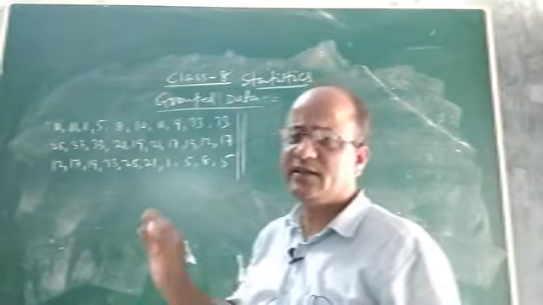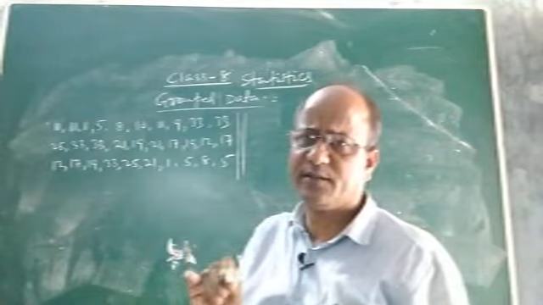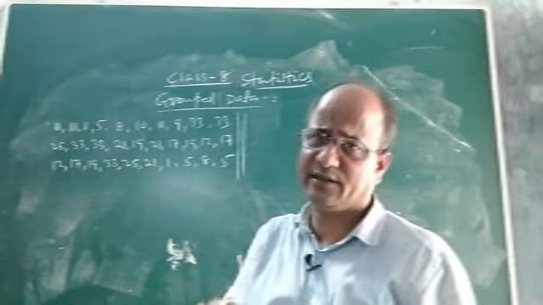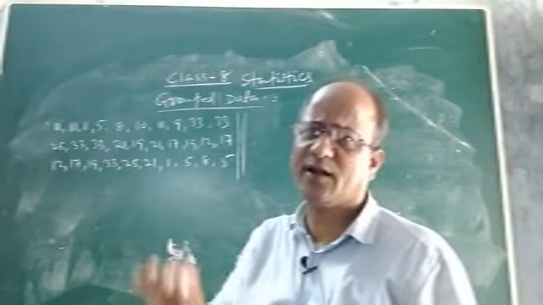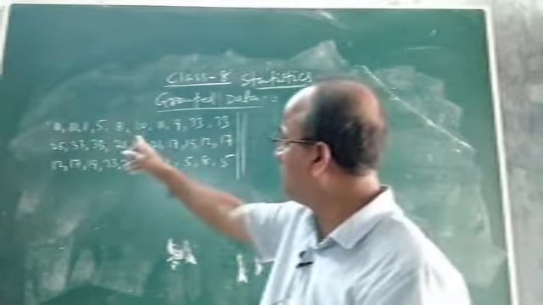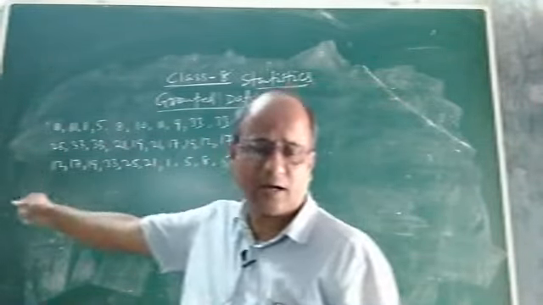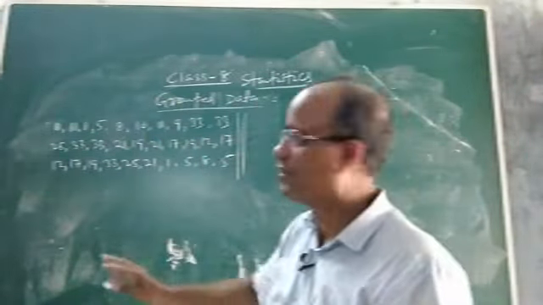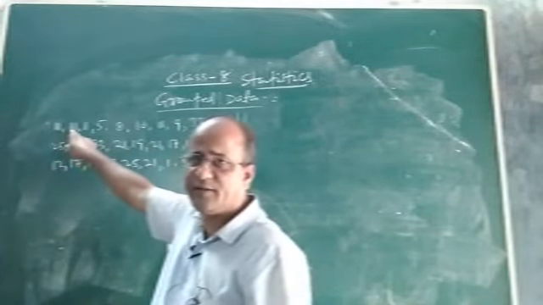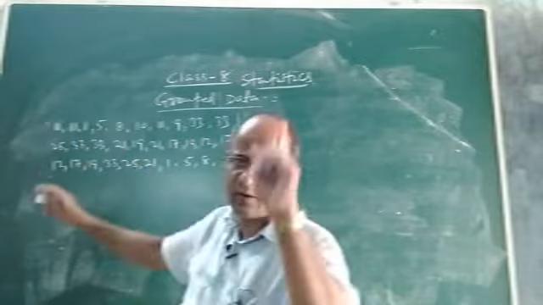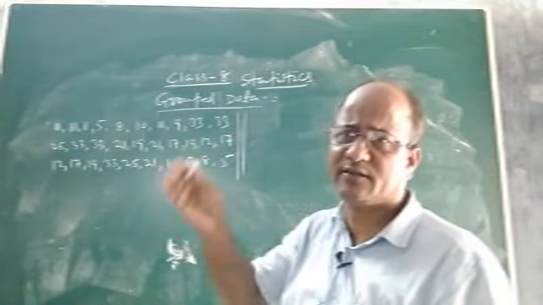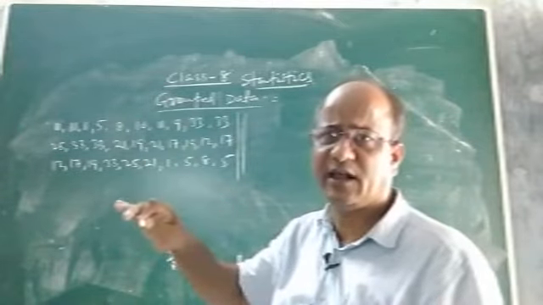Now see, what do these 30 observations represent? Suppose they represent the rainfall in 30 days that occurred in a particular city, say Delhi. In Delhi, in 1 month, that is 30 days, how much rainfall has occurred in millimeters? On the first day there is 11 millimeter rainfall, on the second day again 11 millimeter rainfall, third day 1 millimeter rainfall. So the rainfall in millimeters for 30 consecutive days in a city like Delhi is given.